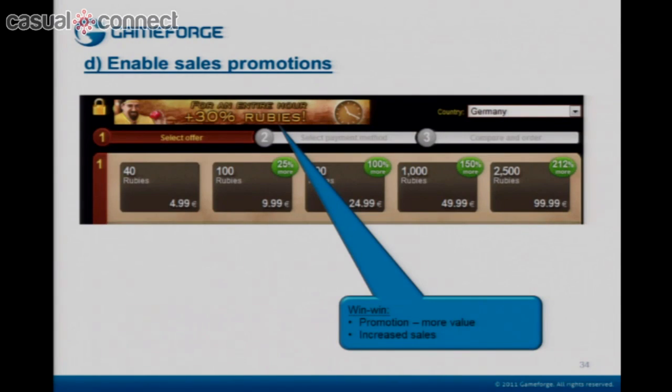Of course, we tried to enhance our shop. We didn't have a chance with the previous version of the shop to do campaigns, to do happy hours and stuff like that, and to indicate it to the customer within the shop. So this was the reason why we put some space into the shop where we can show banners and push our promotions.